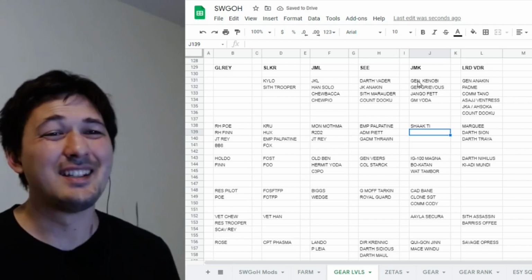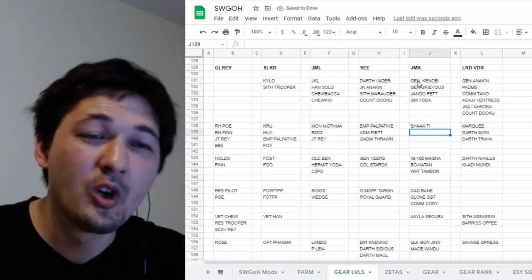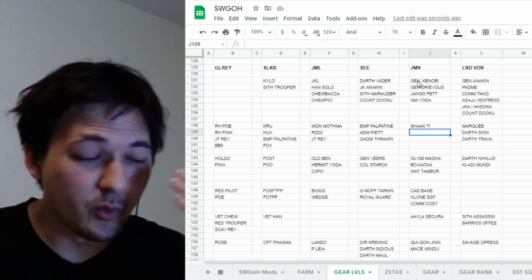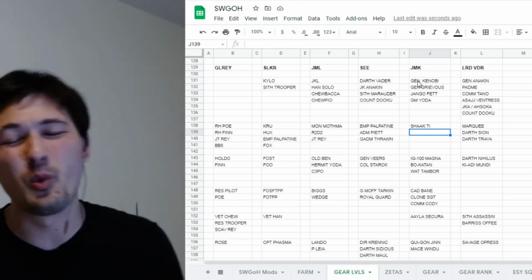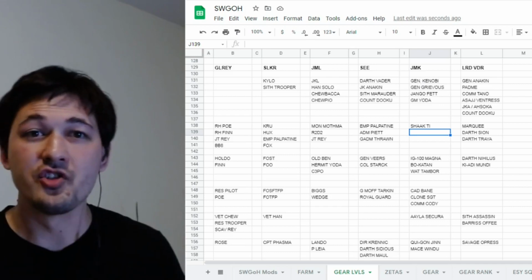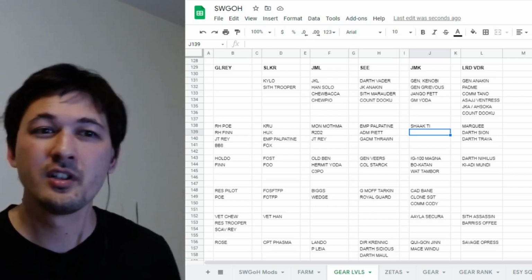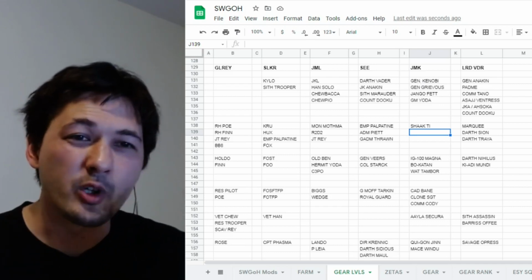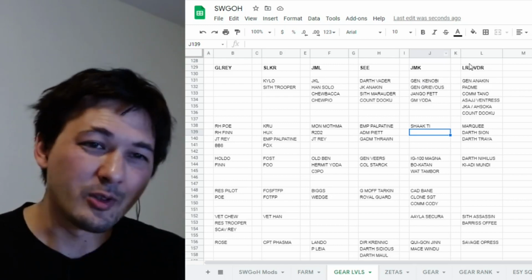So I'm really reconsidering now whether or not I go for Kenobi. I was going to go for a dark side Galactic Legend. I wanted that balance of a dark side and a light side GL. I already have Jedi Master Luke. But when I look at these requirements, they're really desirable. Now with Lord Vader,